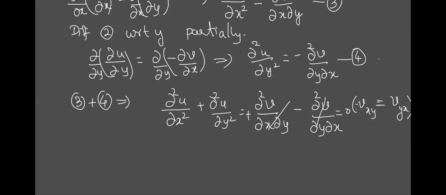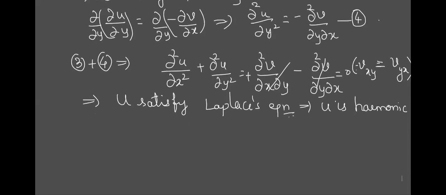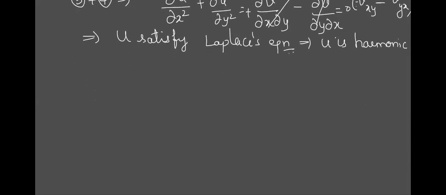So what we have proved, which is this equation? What is it? The remaining part, what is this equation? Laplace equation. Yes, so we say that u satisfies the Laplace equation. So if any function is satisfying Laplace equation, what is that function? Analytic. Oh, no, this is already analytic. Harmonic. That is what is given in the note. Yes, if CR equations are satisfied, the function is analytic. Don't get confused, please. Yes, this is the first part we have proved.